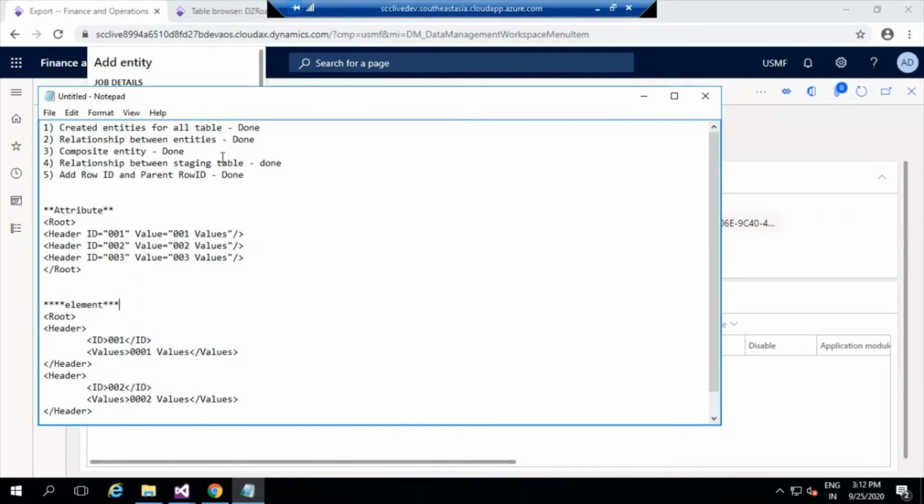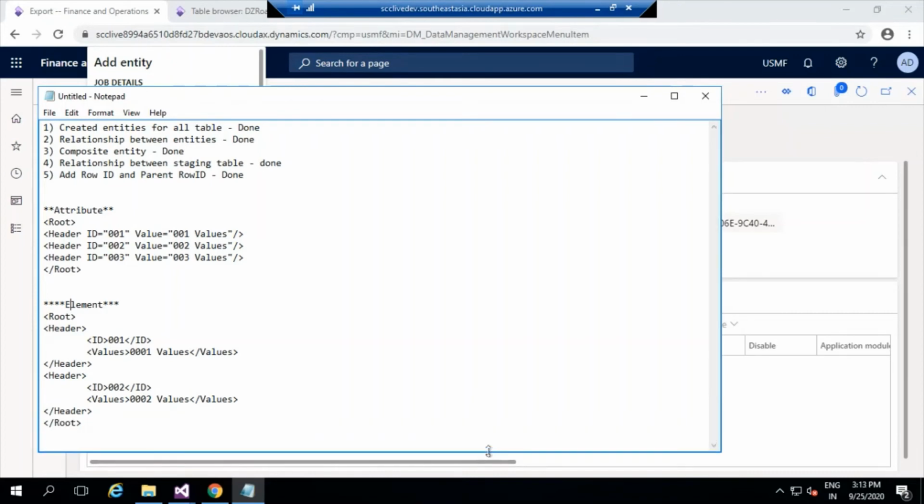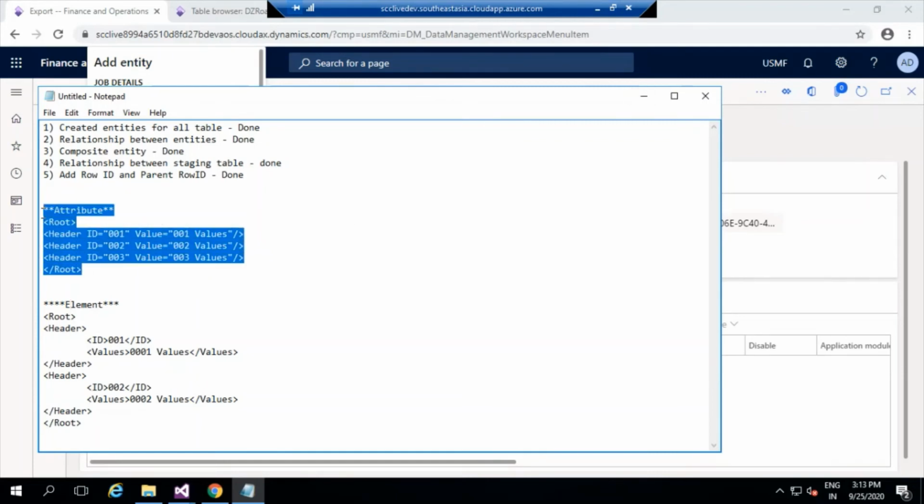So you can decide how you want to take your XML. Maybe the client provides an attribute-based XML, or the client provides an element-based XML, and you can just decide by looking at the XML itself. So now I'm going to take the simpler way, which is going to be the attribute-wise element, because it can show everything in a single value. Otherwise my XML will be very lengthy.